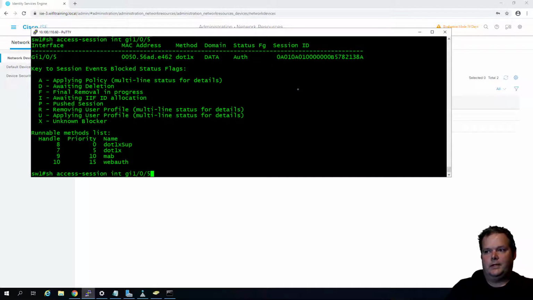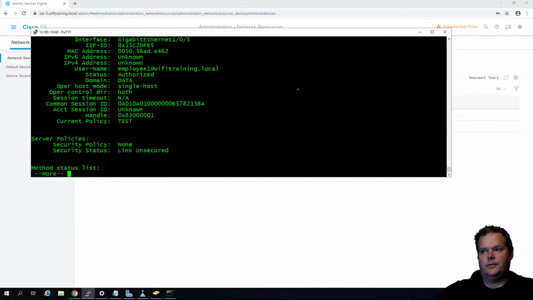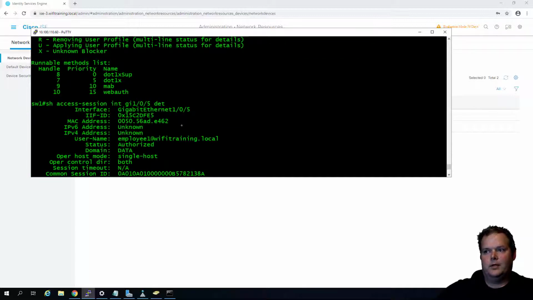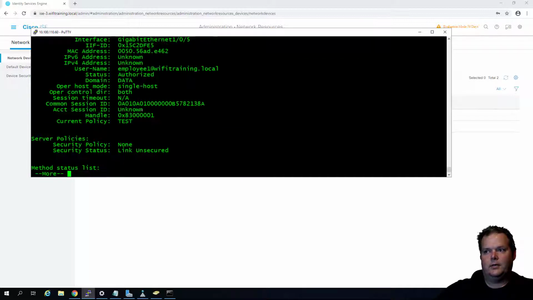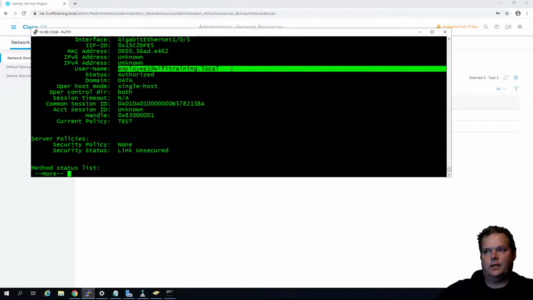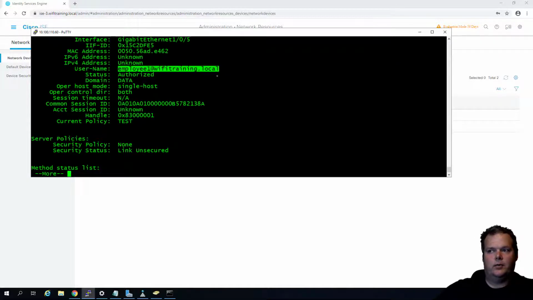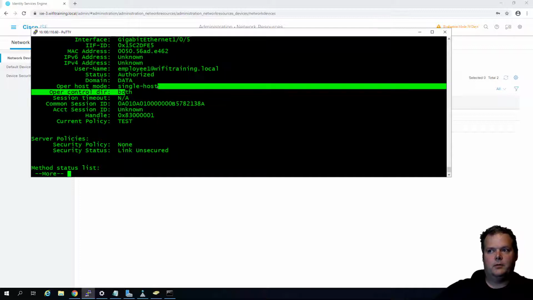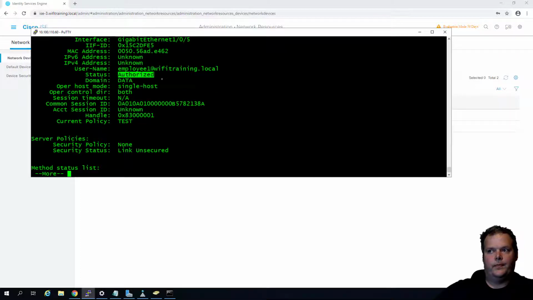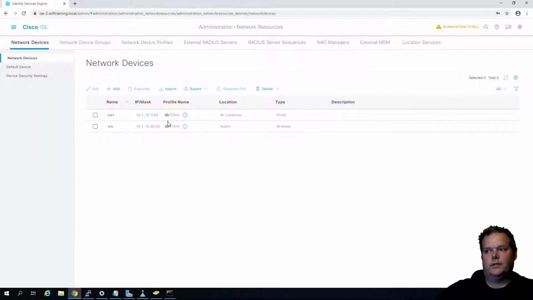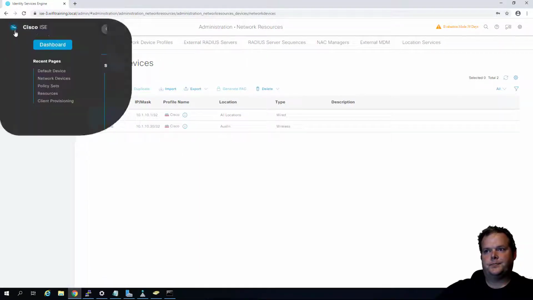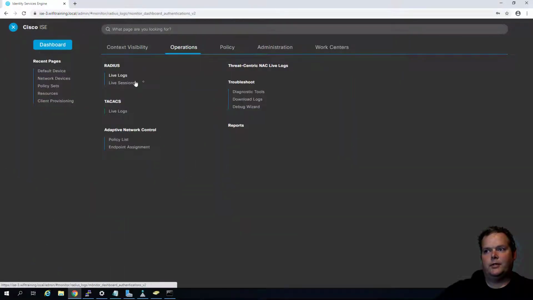Now, if you want to see detailed information, you've got to put in details, and there we go. So show access-session interface 1/0/5 details. You can see authenticated as employee@wifitraining.local, single host mode. I'm authorized. Straightforward. Now, if you check this over here on ISE, if we go to Operations and Live Logs,